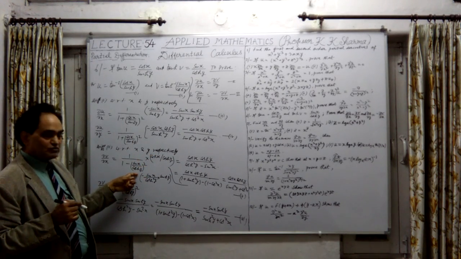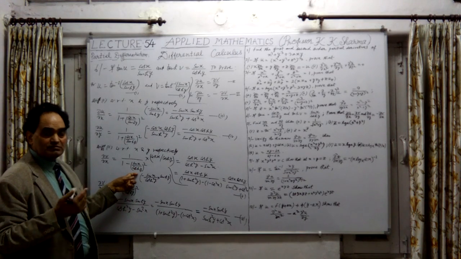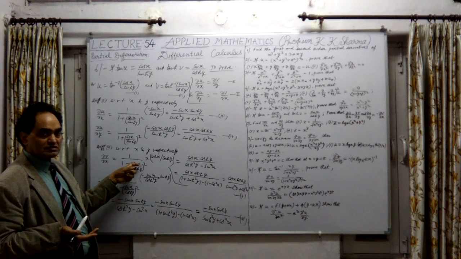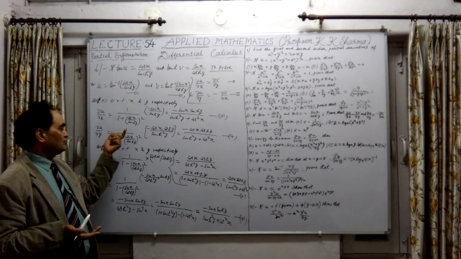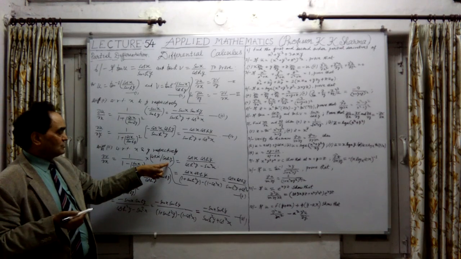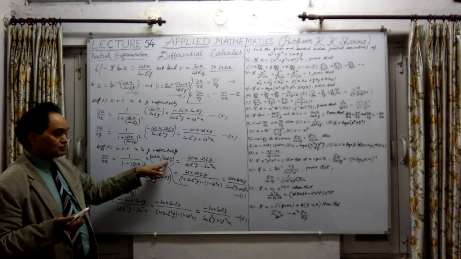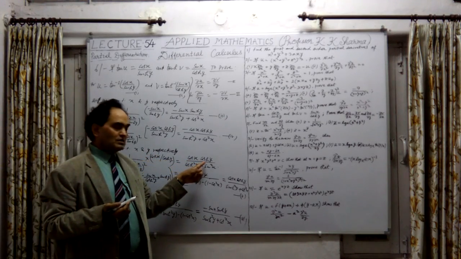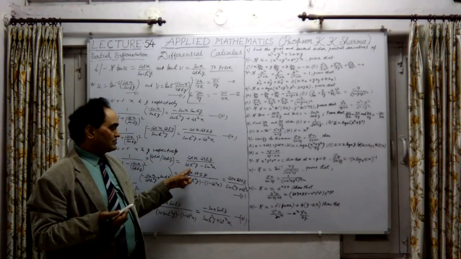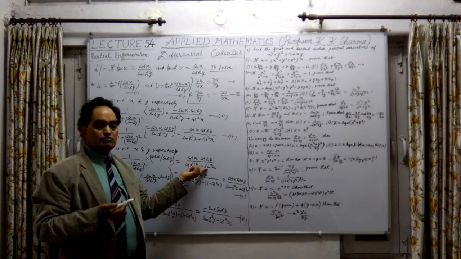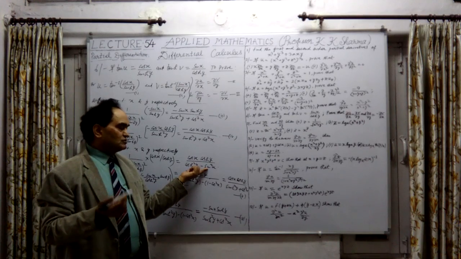But now cos square x, cos hyperbolic square y in the denominator as LCM will come here, minus sin square x. So this is in the numerator. This one, cos hyperbolic y, will cancel out, and one cos hyperbolic y will come in the numerator: cos x into cos hyperbolic y over cos hyperbolic square y minus sin square x. These are to be changed into numerical